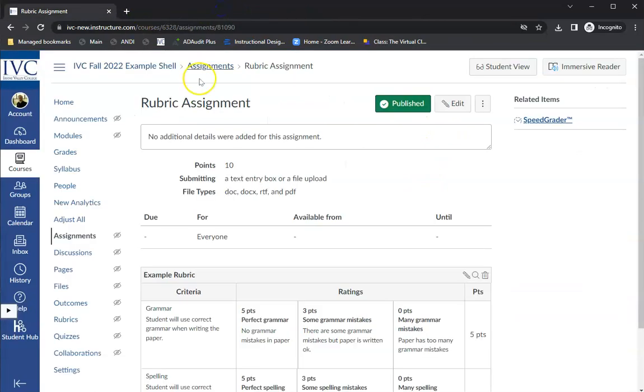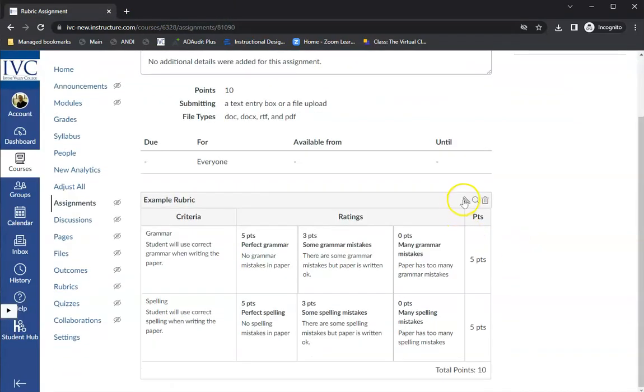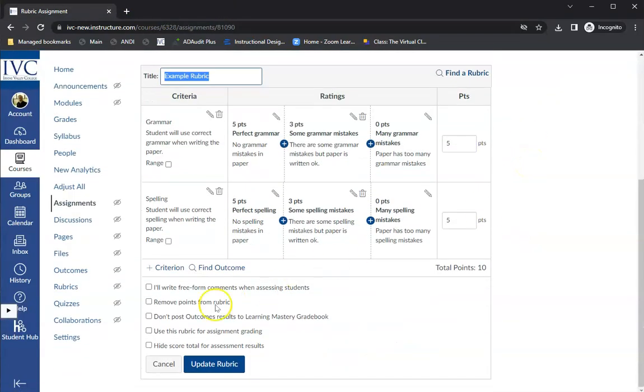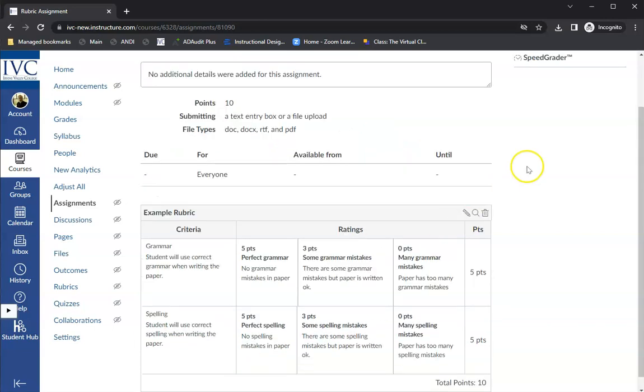In setting up the rubric assignment, I can edit the rubric, and you see down at the bottom, you can use the rubric for assignment grading. If you do that, update rubric here. Now if I go back to SpeedGrader,